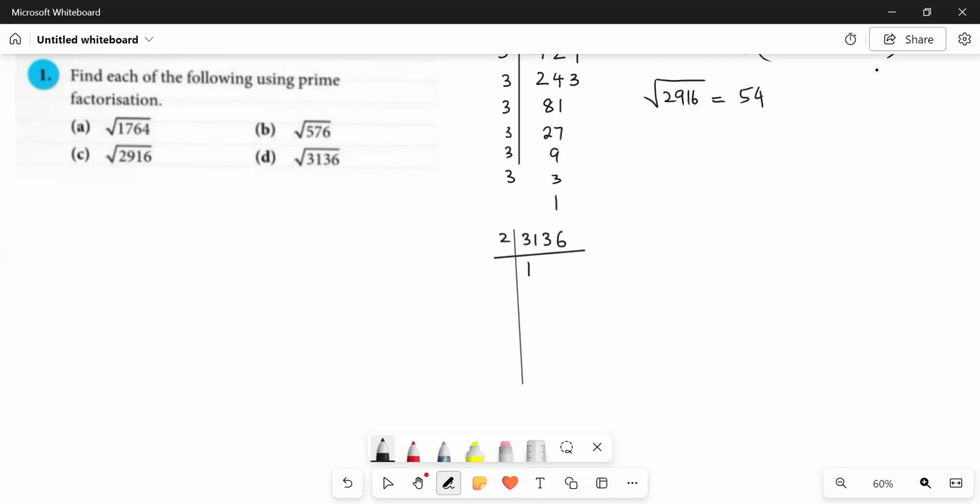2 ones are 2, 1 1 11, 2 fives are 10, 1 3 13, 2 6s are 12, 1 6 16, 2 eights are 16. Again, it's an even number. 2 sevens are 14, 1 6 16, 2 eights are 16, 2 fours are 8. 2 threes are 6, 1 8 18, 2 nines are 18, 2 twos are 4, 2 ones are 2, 1 9 19, 2 nines are 18, 1 2 12, 2 6s are 12. 2 nines are 18, 2 eights are 16, 2 fours are 8, 2 nines are 18.